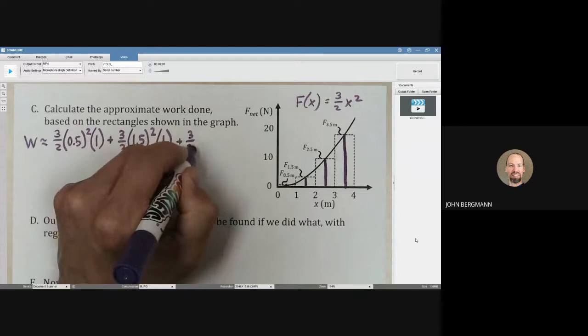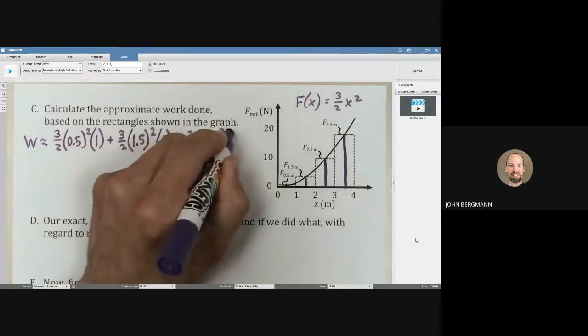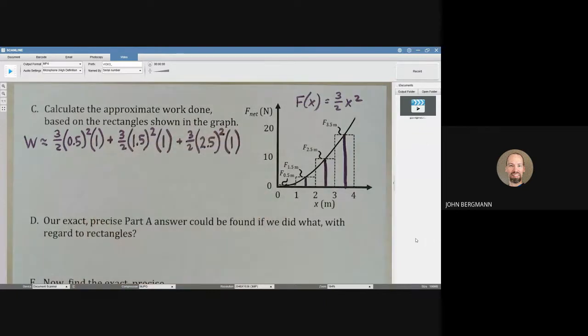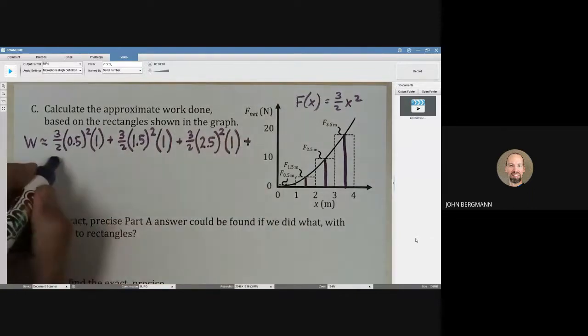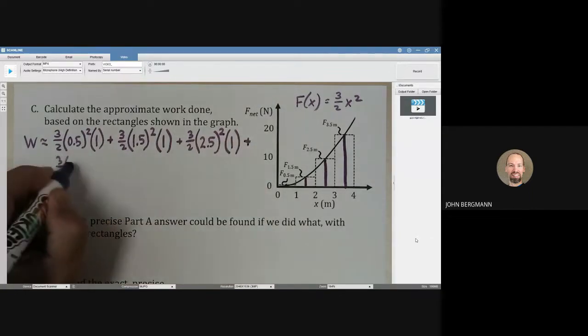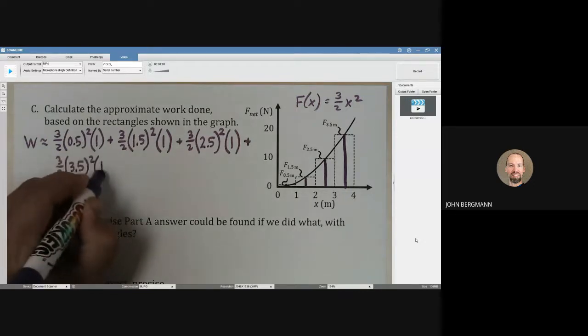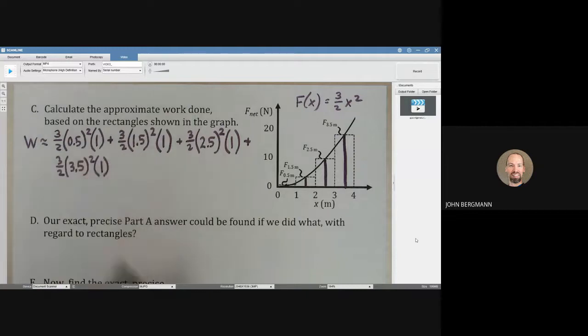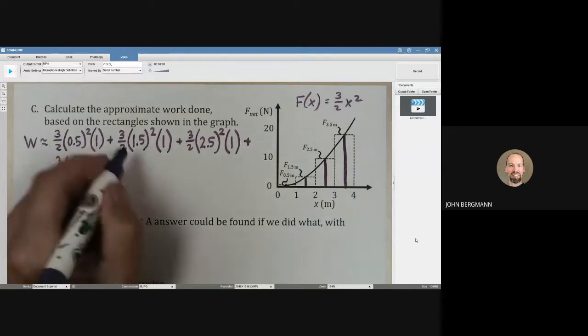3/2 times the x value of 2.5 meters. Got to square that. Now to find the area of that rectangle, you got to multiply by its width. So let's put a 1 in there. Not quite done yet. We got one more rectangle. 3/2 times the x value of 3.5. Square that. That's what the function says. Multiply by the width. If we add all of those up, that will give us the area of these 4 rectangles. And you feel free to check me on this, but when I did this, I got